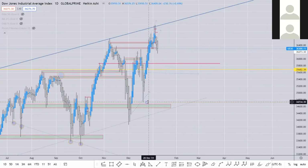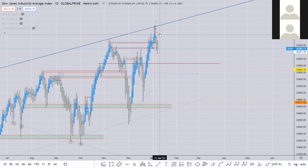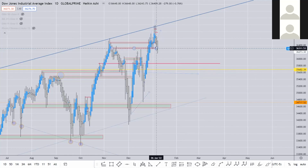Something similar is happening here. We have some bearish intent right around this major level over here, but the deal is how we're settling here. We could push up just a little bit more before we fall again. But the way this is setting up, we have a lot of pips, a lot of points that we could